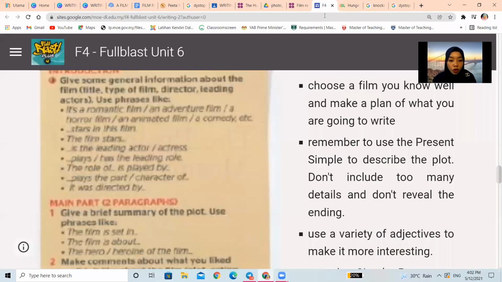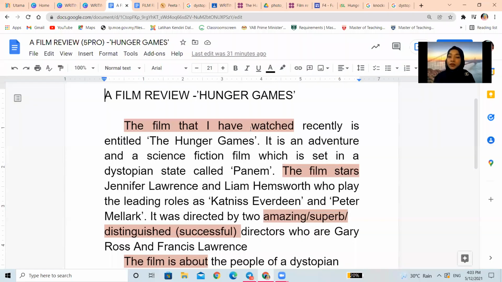There are other genres that you can use as well. When it comes to genre, we've got romantic film, adventure film, horror film, animated film, comedy. So you have to suit the genre that you are writing with the correct type. Just make sure you use the correct type in order to ensure that you get your content marks. Going back to the film review written by 5 Pro just now, after they have mentioned the type of film,